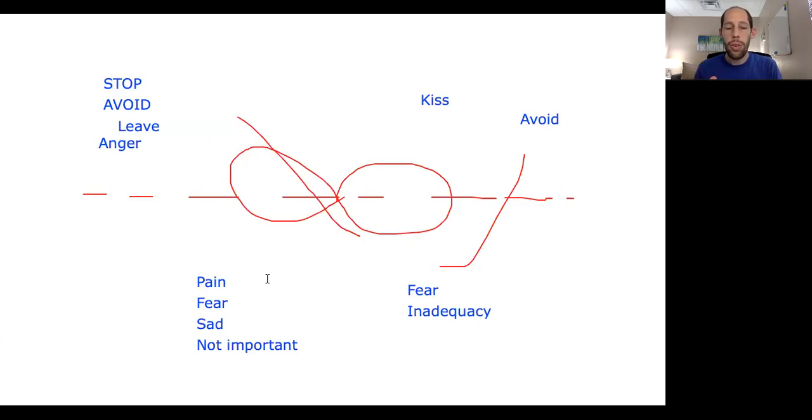The more you both learn how to tap into your feelings, the more you both learn how to share it with each other, and the more you're both able to support each other and reassure each other, I promise you your relationship will change. That's the key to transforming where you are now to where you want to be.